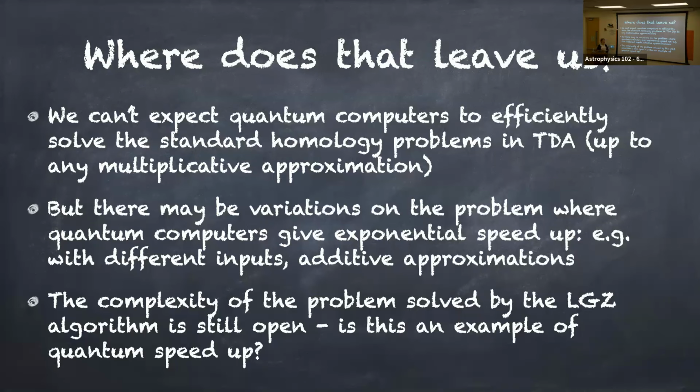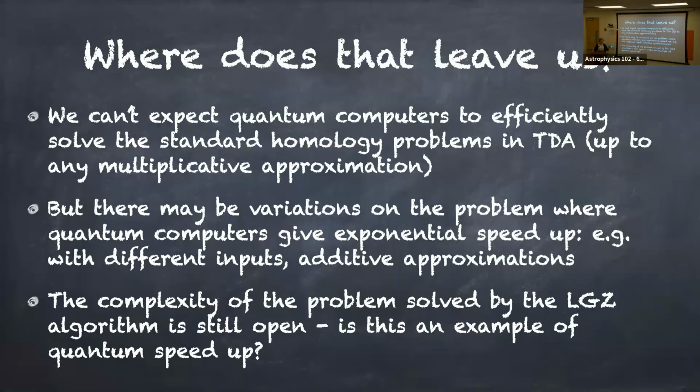So, for example, so far throughout this talk, I've been considering the problem where we're given a graph as input and we want to study the holes in the clique complex of that graph. But there are many other ways to describe simplicial complexes. And what's been less studied is the complexity of understanding these spaces if we're given some different efficient input. That's an open problem which I think is interesting and where there may still be hope for quantum speedups.